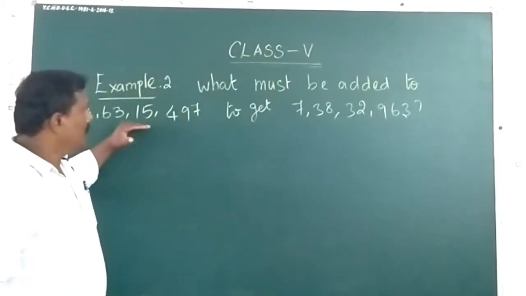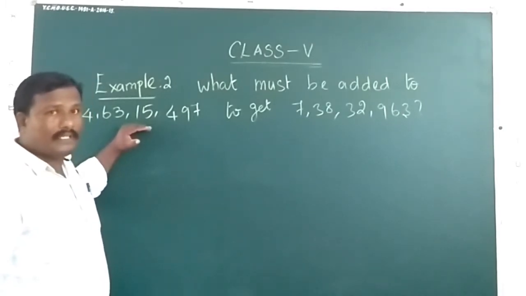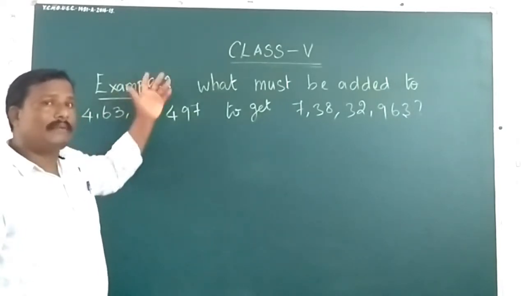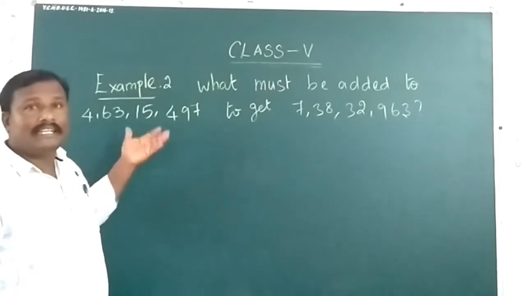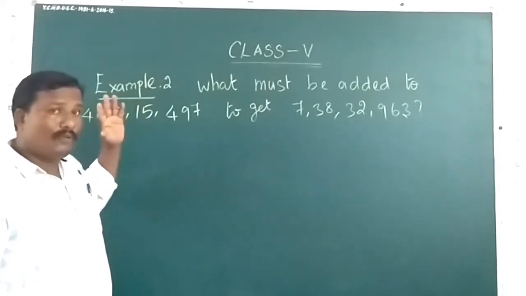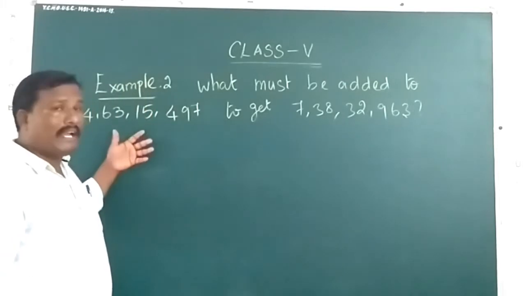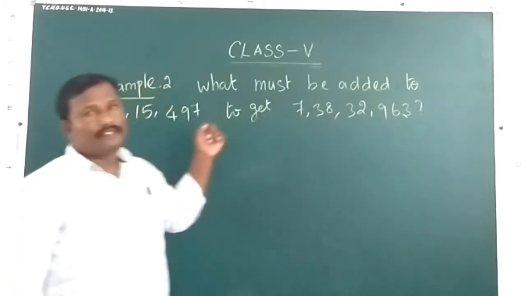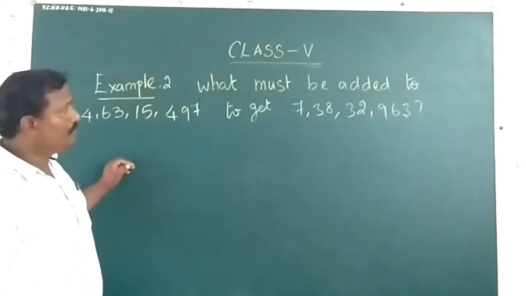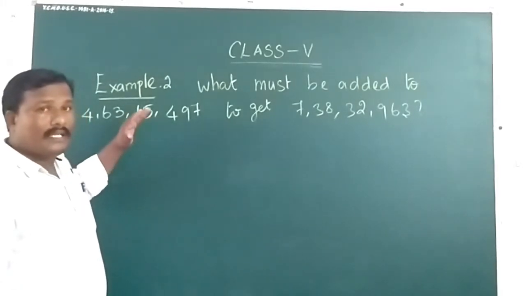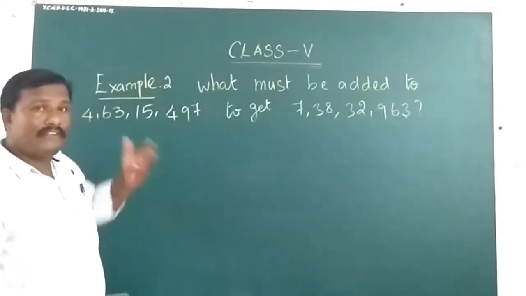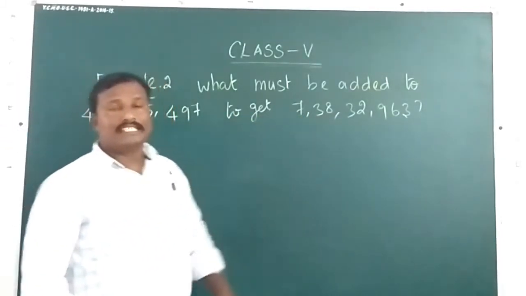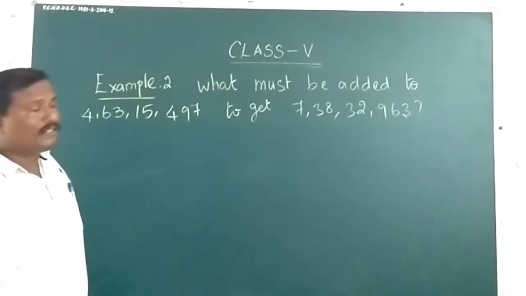See, in an example, we keep this as the subtrahend. We have to subtract it from another number, the minuend. That minuend they didn't give. But if you add that number to the subtrahend, you will get the difference. So how will you find out that number? This is the one number. We want to find out another number. That number we don't know. If you add that number to this number, you will get this number. This is the situation.